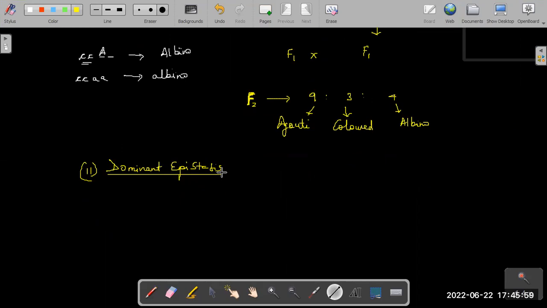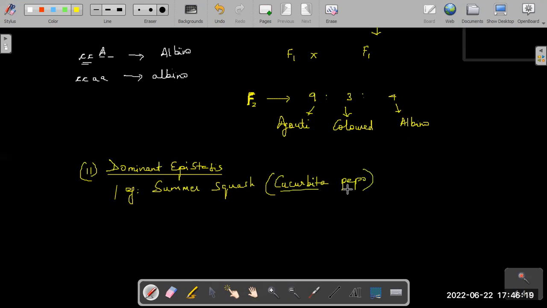Here, the example would be in summer squash, Cucurbita pepo. Now in this case, if you see white fruit, you get a white fruit if you